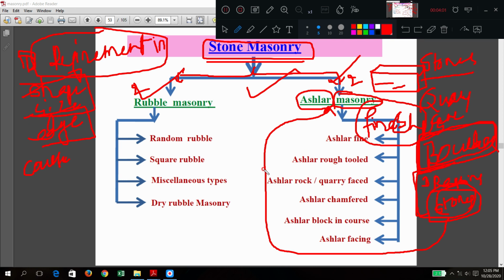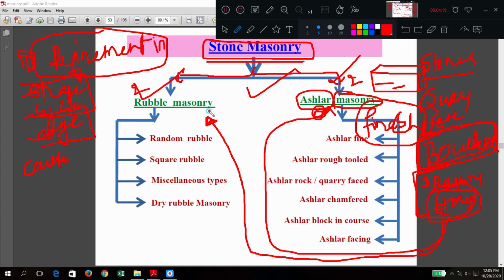That is one part. If that refinement is not made so accurately, and only rough refinement is made, the refinement is there, but the degree is not as good as ashlar, though it is okay up to some level.